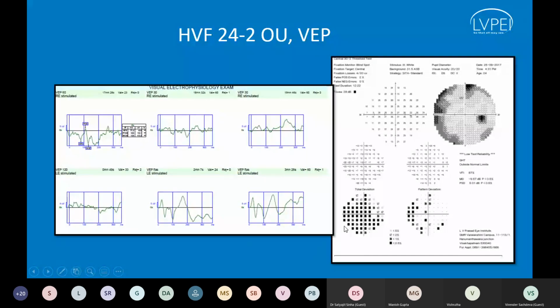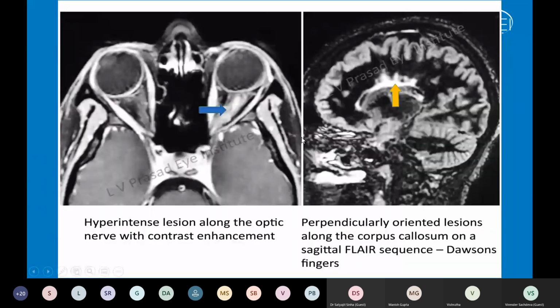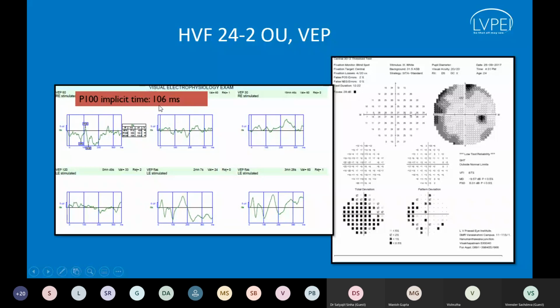If we see the visual evoked potentials of this patient, you can see that in the left eye we have an extinguished pattern VEP. We cannot see the response even to the largest stimulus, whereas in the right eye it is present up to the medium size stimuli, but it is extinguished for the smaller size, suggesting that there is bilateral pathology going on in both eyes. In the VEP we could not elicit a prolonged P100 implicit time,